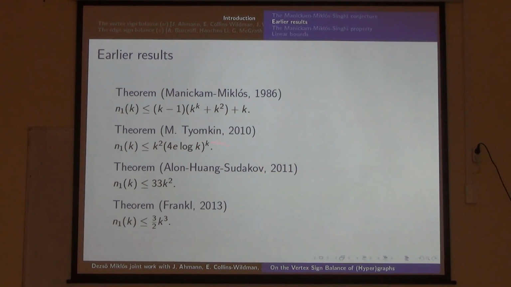So first, Alon and Sudakov put it down to a quadratic bound. The later bound of Peter Frankl was a little bit less powerful, but it was a much shorter and simpler proof, which is why I mentioned it here. But still, the question is still, I am not completely sure, whether the conjecture is proven or not, but definitely there was a gap between the linear conjecture and the quadratic upper bound.